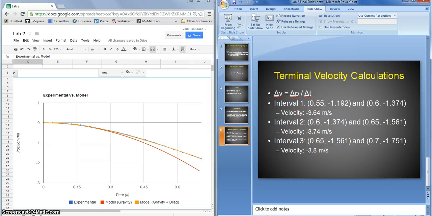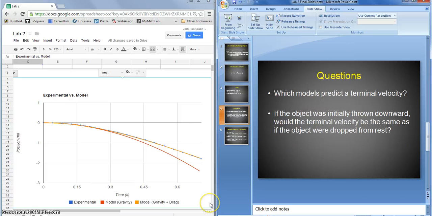This suggests that not enough time has passed to allow the drag force and the gravitational force to come into equilibrium, but had we observed the object for a longer time, we would in fact see it reach its terminal velocity. And the last question: if the object was initially thrown downward, would the terminal velocity be the same as